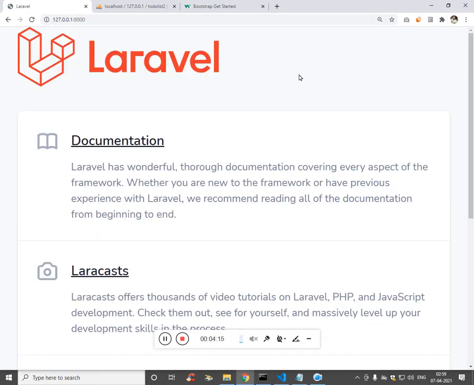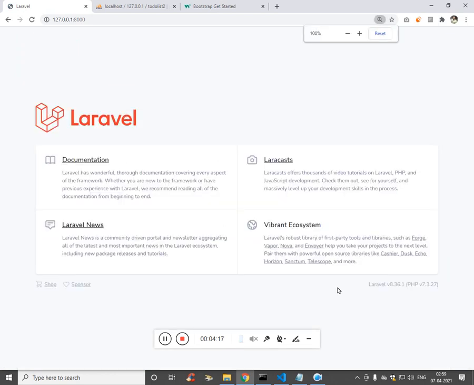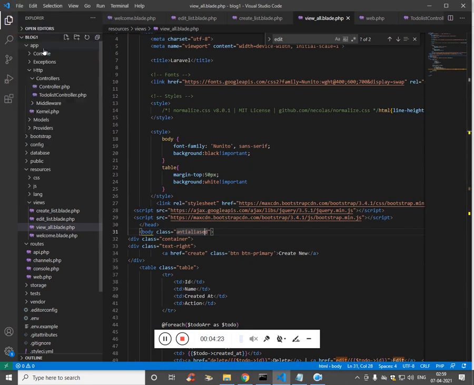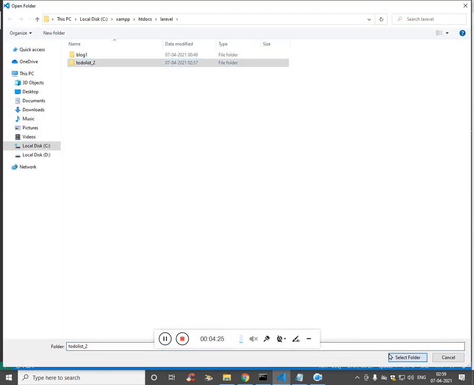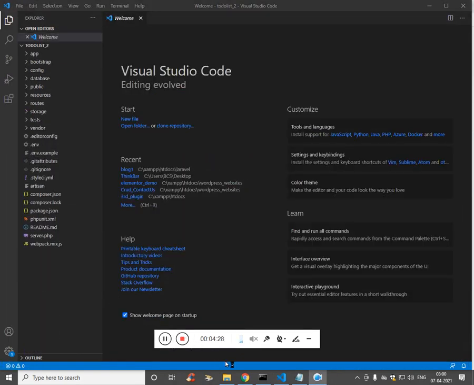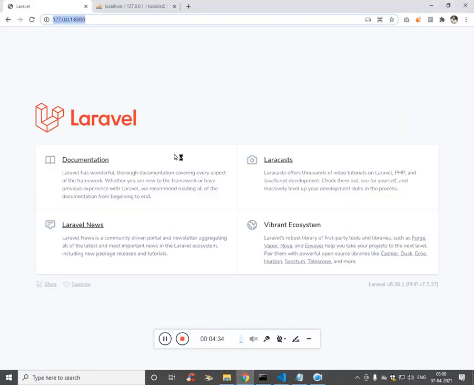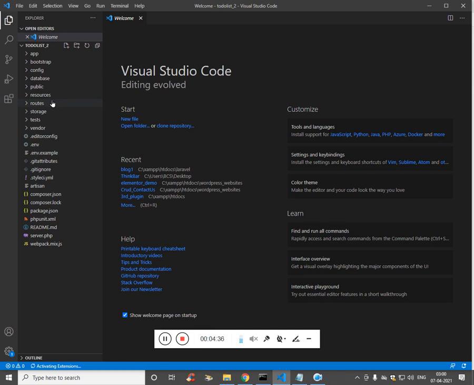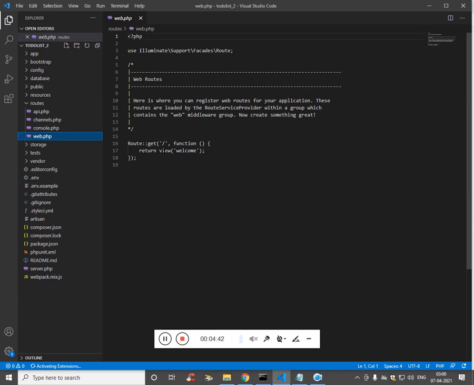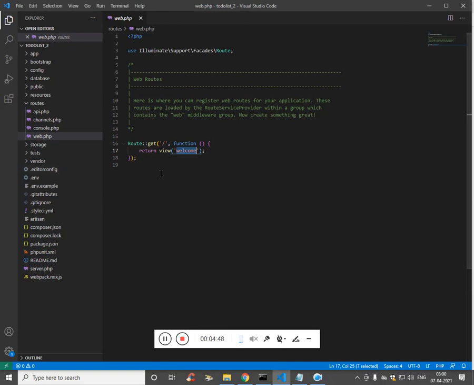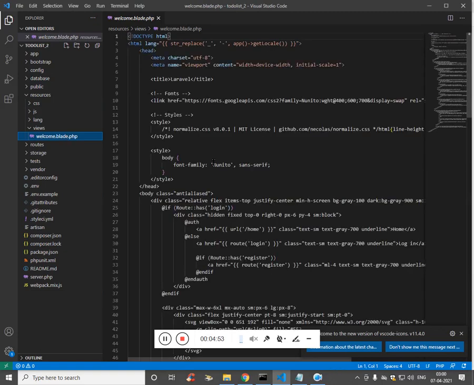So the welcome page will be available. So this is the welcome page. So let's open our folder from our Visual Studio Code. Yeah, once it is done, what is really happening is when I run this URL, Laravel will check the routes folder in the web.php. We have slash. This slash will refer to the URL, and it will search for the welcome file. The welcome file will be in the resources folder, views, welcome.blade.php.